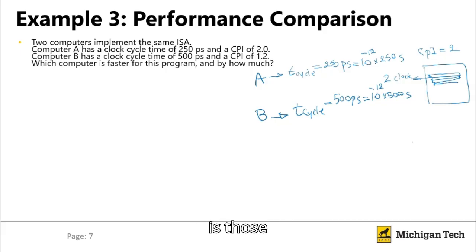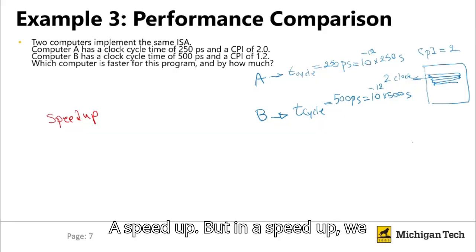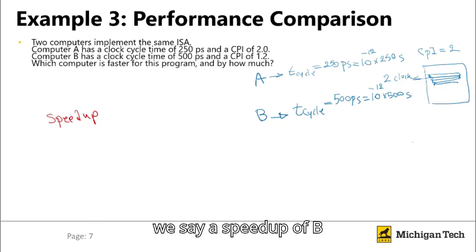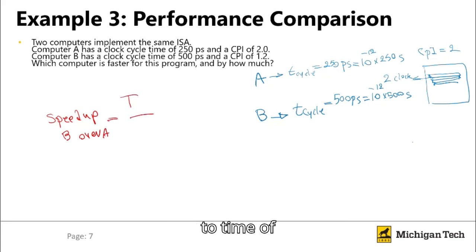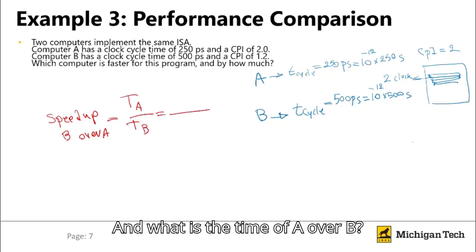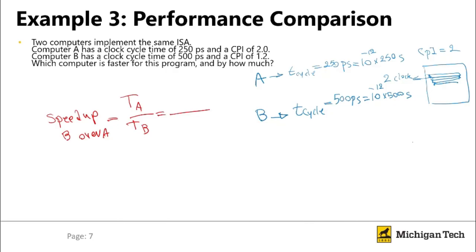A speedup is a ratio that we always use. But in a speedup, we need to say what over what. We say a speedup of B over A, for example, is equal to time of A over time of B. And what is the time of A over B? In this case, because we are using the same program, this number of